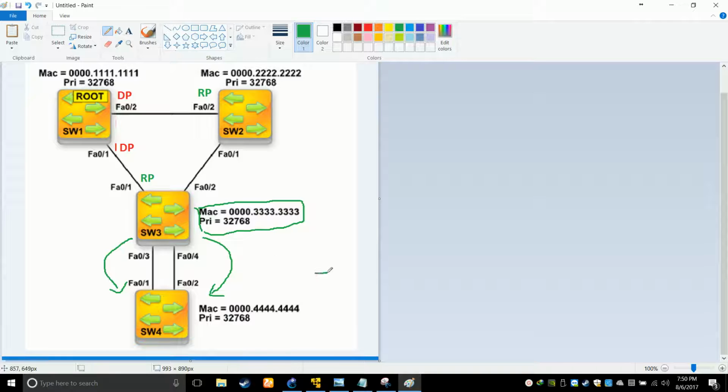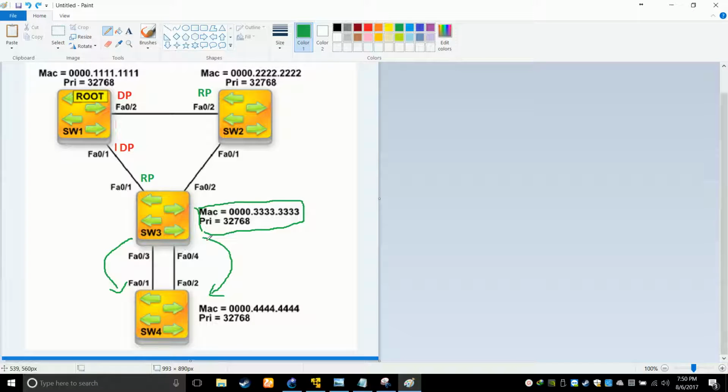If you have a switch like this, and another switch like this, and BPDUs are coming from two different switches, then you can very easily decide on the basis of bridge ID, because obviously their bridge IDs will be different. But in this case it is again tying, because both links are going onto a single switch.